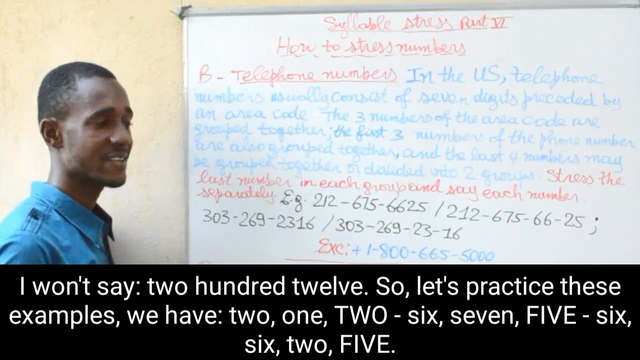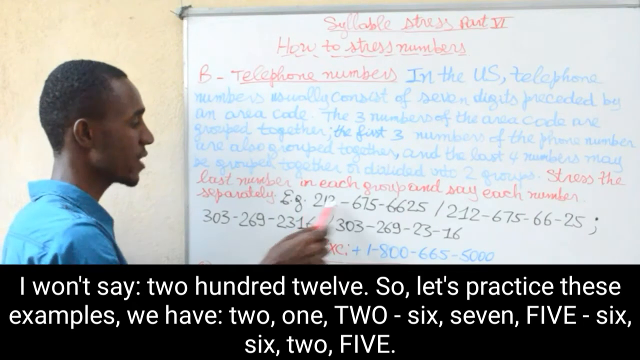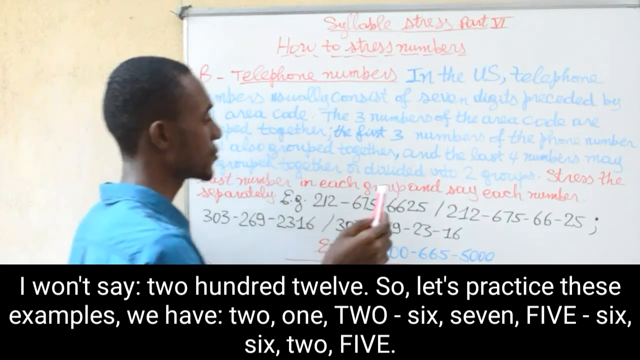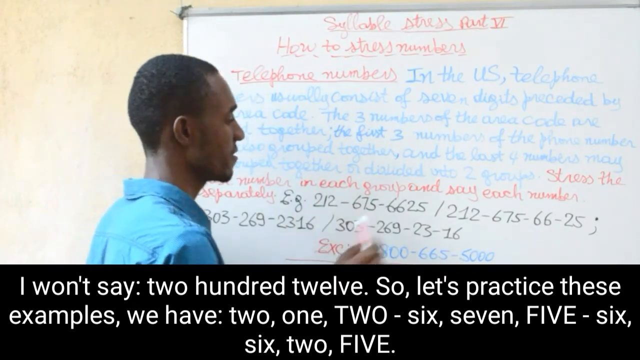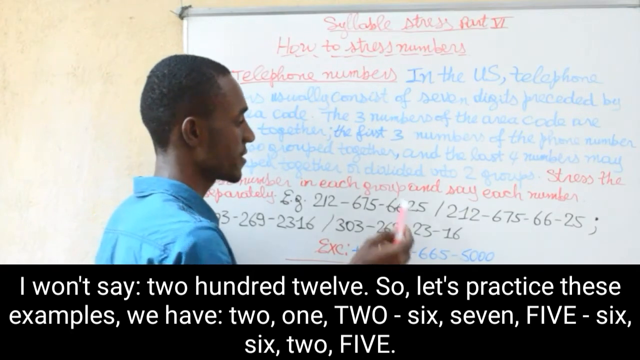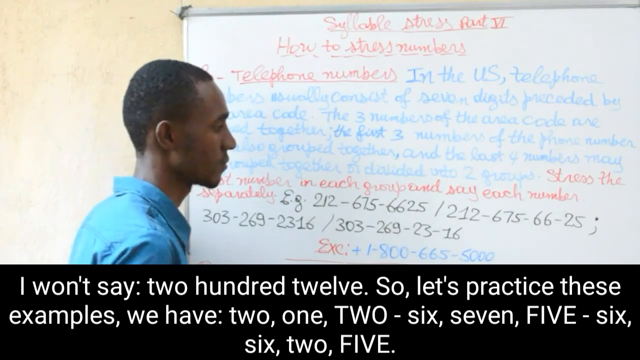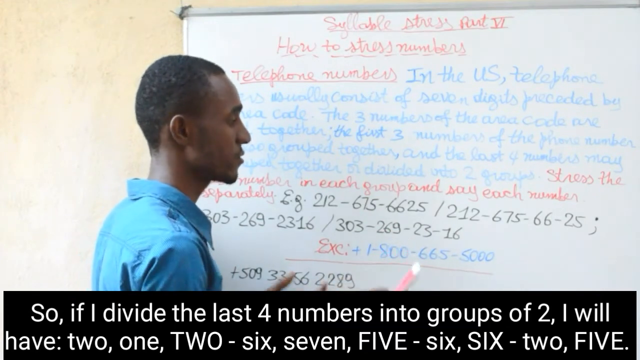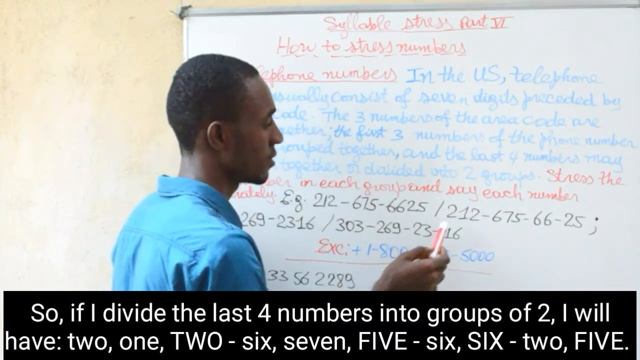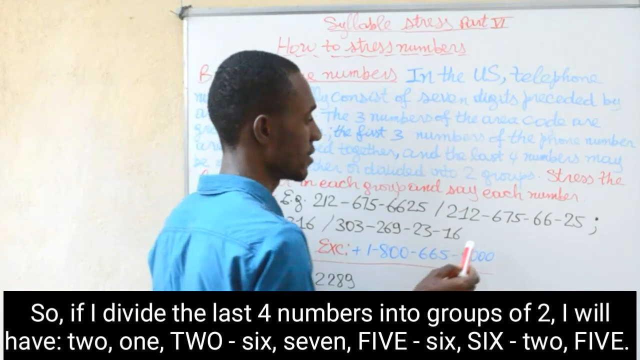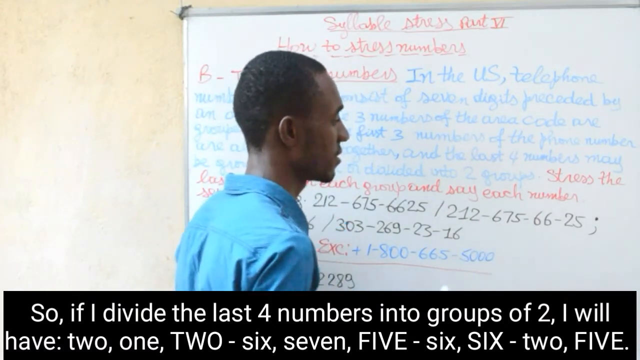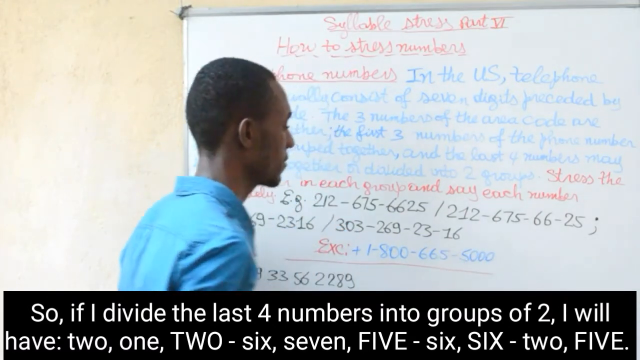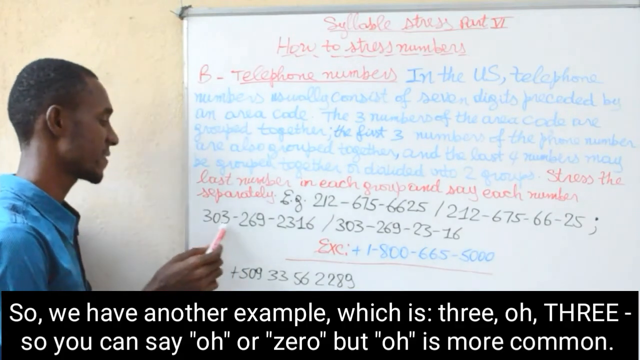So let's practice these examples. We have 675, 6625. So if I divide the last 4 numbers into groups of 2, I will have 675, 66, 25. So we have another example, which is